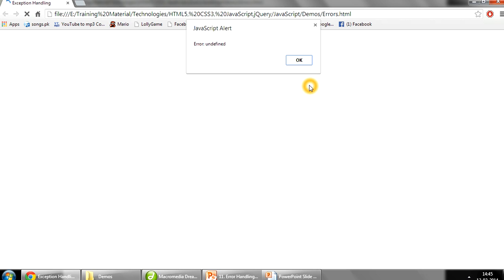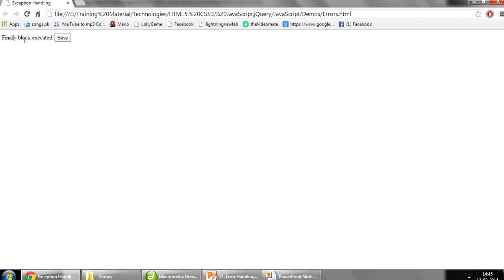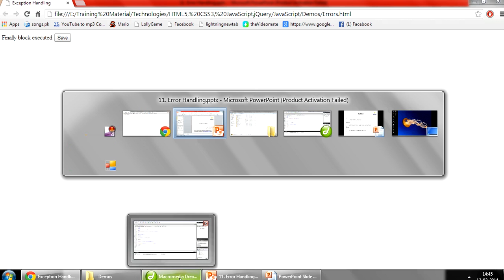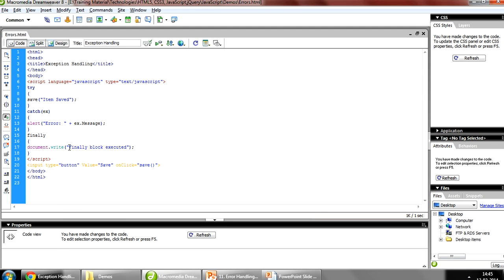So now you can see the error undefined. That means there is something that you haven't defined, and your finally block is executed. You've seen that your finally block is executed whether there is an error or not. So sometimes this error can occur, but there are other places, like